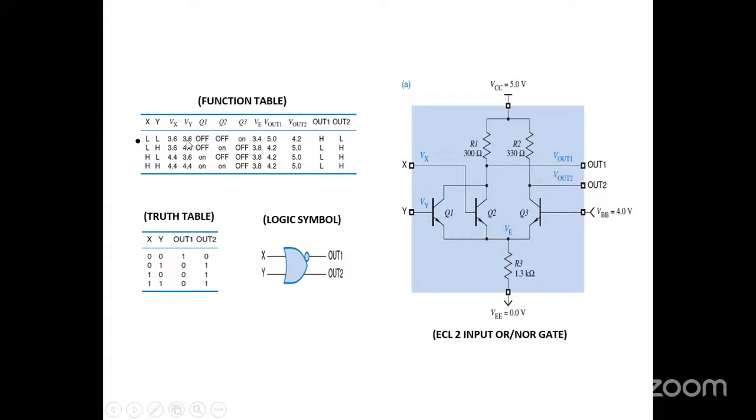So here the function table, if you look at this logic, low means both the transistors are zero, so that output will be very high. So the output Vx, if you look at it, will be 3.6 and 3.6 volts. The transistors Q1, Q2 are both off because the input is low. Once in this particular case, what happens to the Q3? This Q3, the base is connected with the 4 volts. So always the